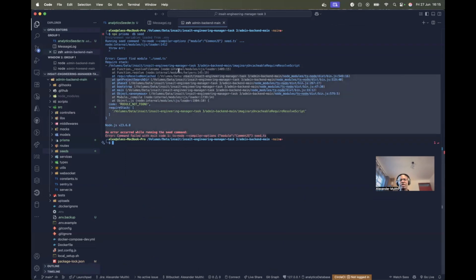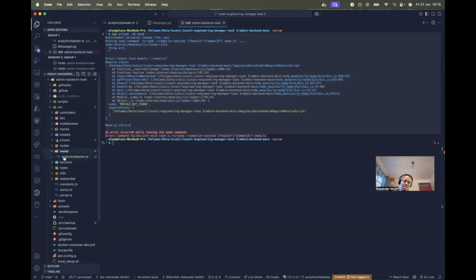Not that we can't find. Yeah, supposed to use a custom way of running our seeds. Also, we don't have the seed.ts. Or else we can just change this one to seeds.ts. So what we're going to do is run it in a different way. Actually, we have